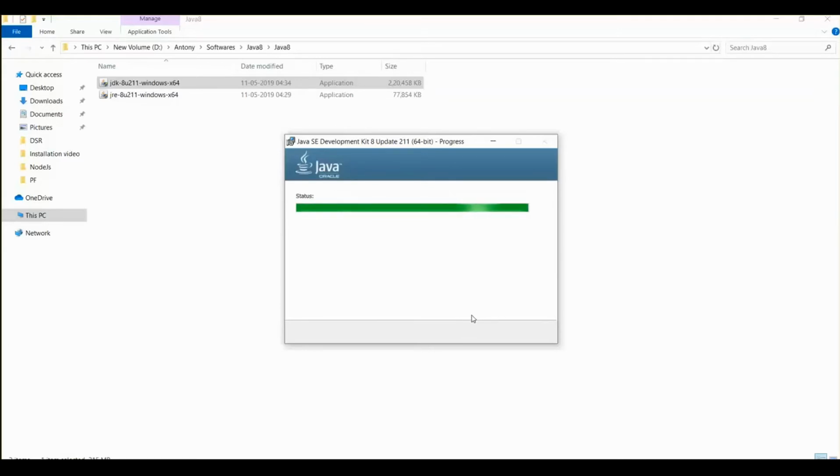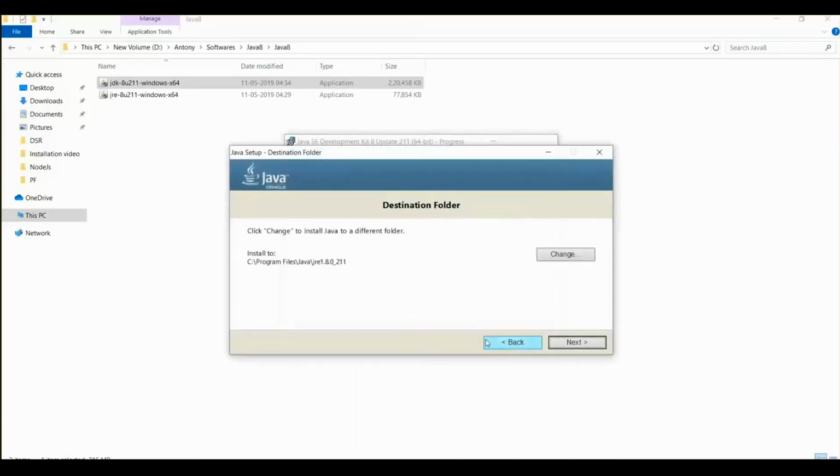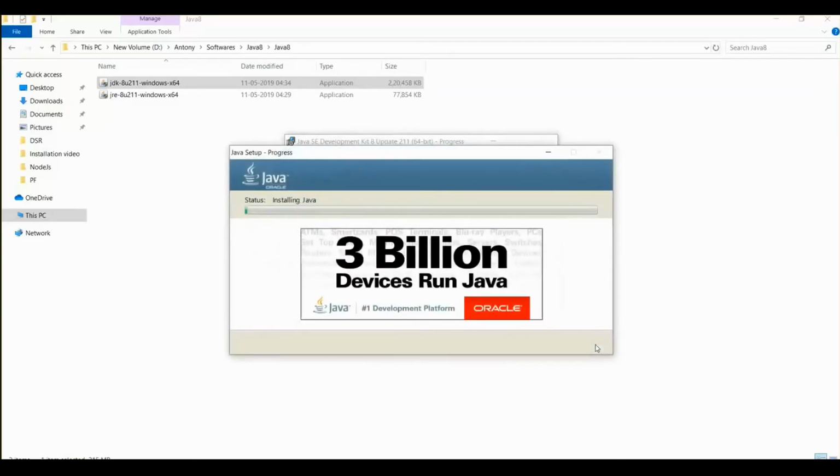So it's going to complete now. Let's wait for that. Then click on next. So it's asking where you need to keep the files.